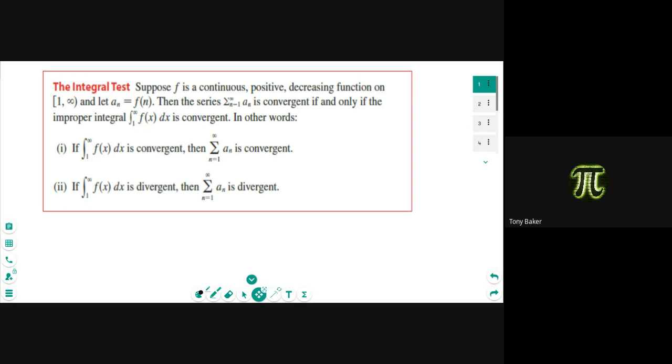So what does an integral find you? The area under the curve. Yes, so it's finding you the area under the curve, right? Okay, so now if I have a series, what is a series giving me? What does a series find? So what does a series do? Yeah. It finds you the sum